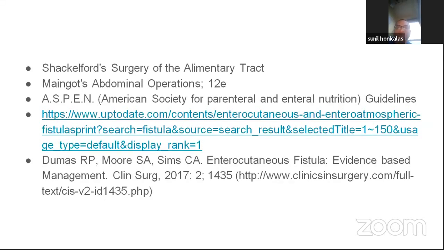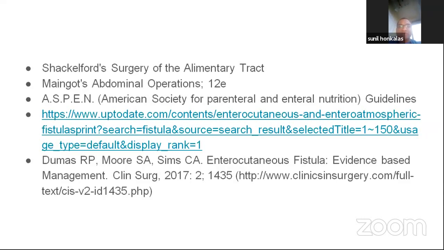So, especially the assessment part is the most important. Assessment, especially related to entero-cutaneous fistula, has no specific tools available like we have for liver illness. These are the general assessment tools like subjective global assessment or the NRS tool. These are the most commonly used and validated tools for assessing malnutrition. So these can be used, but most importantly, emphasis should be on the nitrogen balance, as I mentioned earlier,